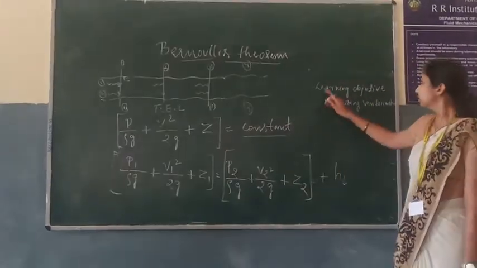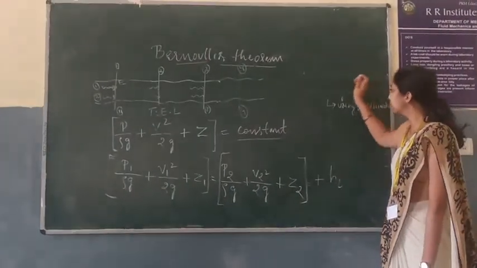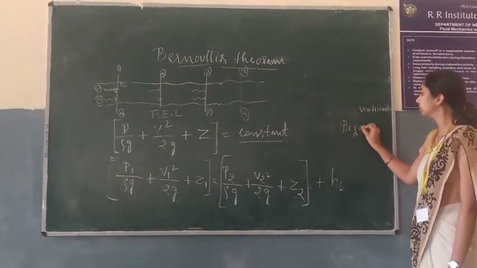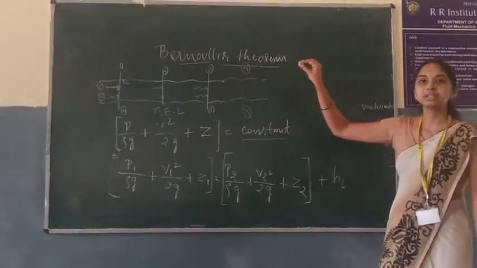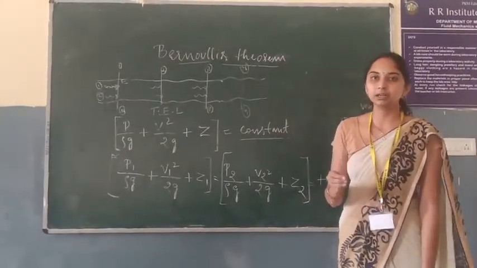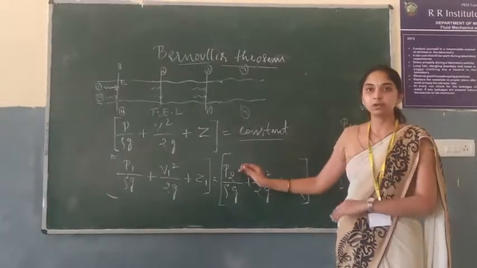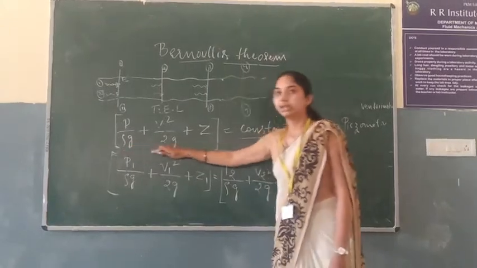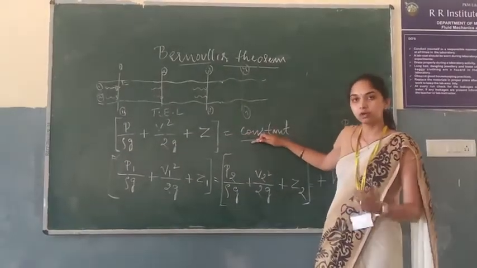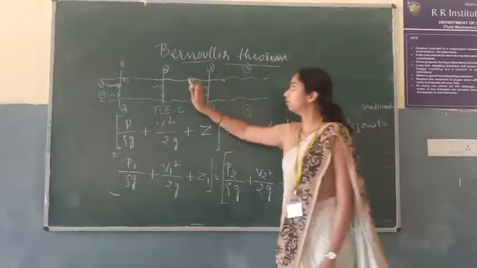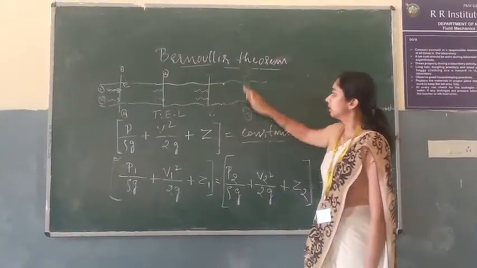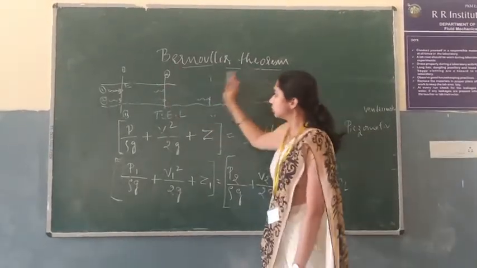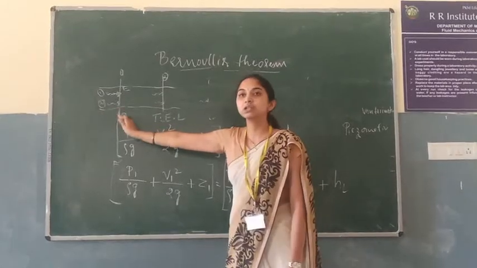Is it okay? So the devices we are going to use here are the venturimeter, piezometer, and the Bernoulli setup. I hope it is clear now. We are going to verify Bernoulli's theorem. What verification are we doing? We are verifying whether this total energy is coming out as a constant or not. For that verification, we have only 2 sections here. See, sections 3 and 4 I have written only for your understanding. So those are not there. Only sections 1 and 2 are there.